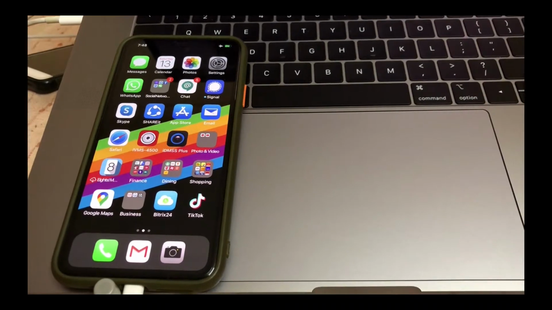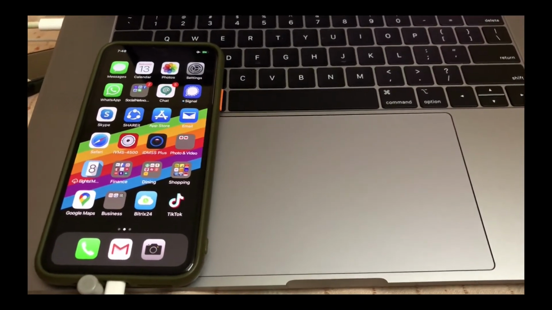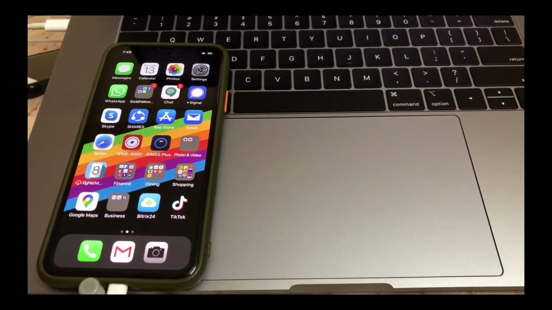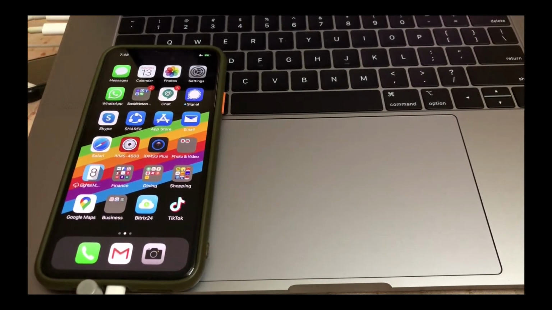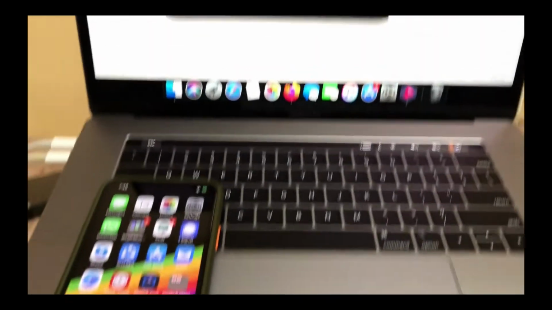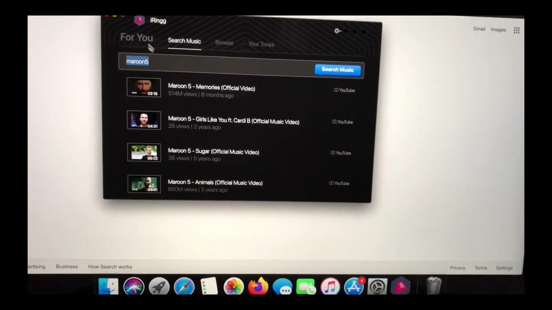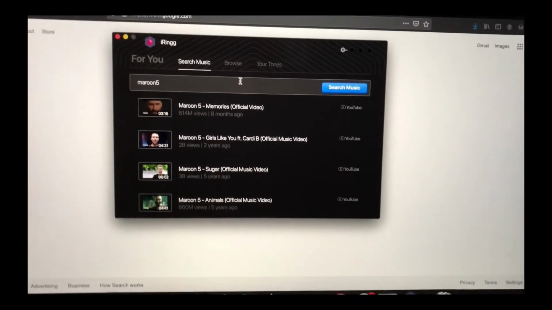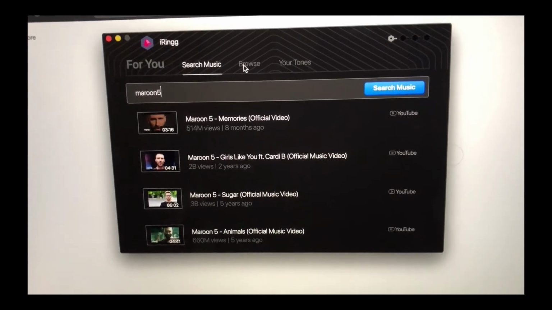This helps you to transfer the files to your iPhone without use of any third-party software. You can customize the ringtones, you can add special effects to the ringtones with this, and you can take any part of the song from the music which you are trying to copy into your application. You can open up the software and you can search for music and select the tone which you like. You can preview them or you can just select them.